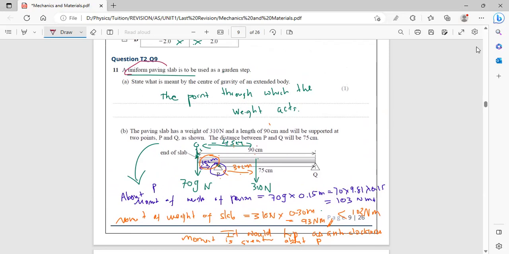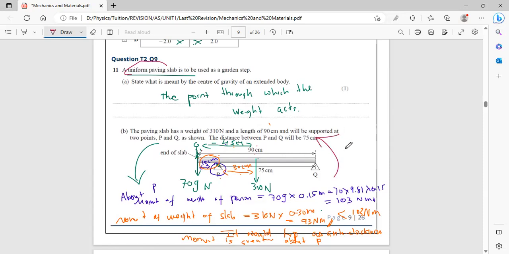So we can find the moments about P. If the moments are unbalanced, as in if the moment produced by the person is greater than the moment produced by the weight,